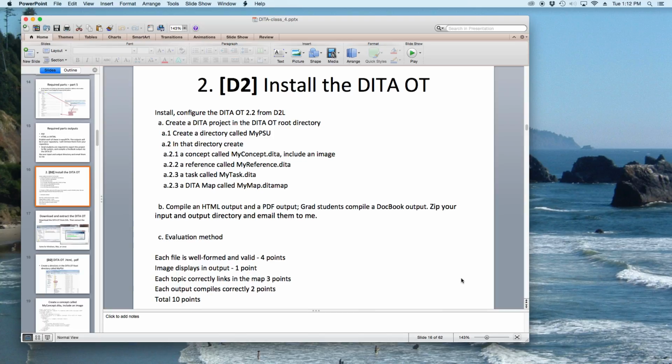So the D2 deliverable is a pretty simple deliverable. This is to install the DITA Open Toolkit, to create a project, and then to create two types of output, HTML and PDF. So I'm reading the requirements from the class 4 slides that I handed out. So the first thing that you need to do is install and configure the DITA Open Toolkit 2.2 from D2L. So just to recap,